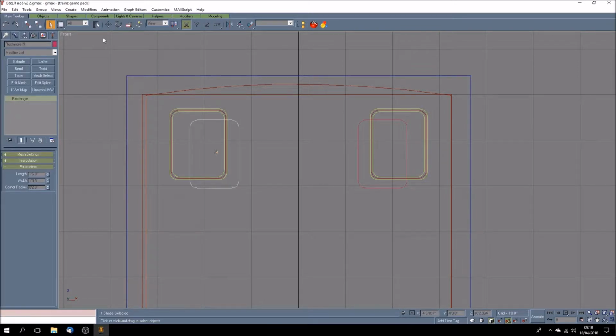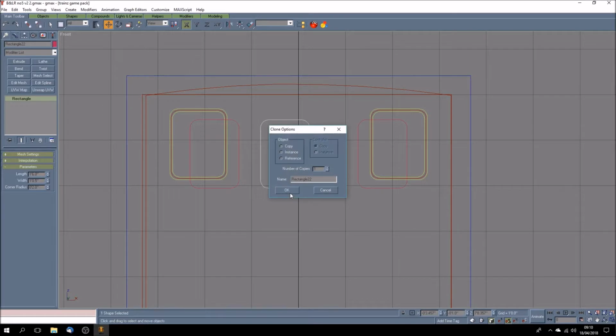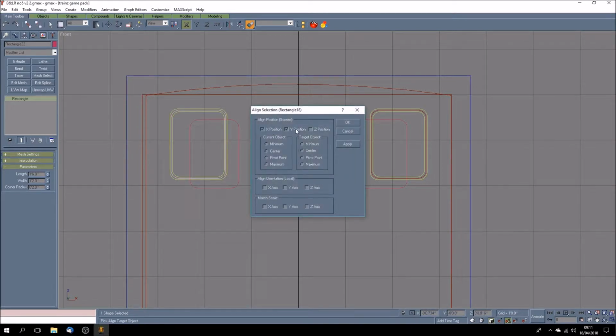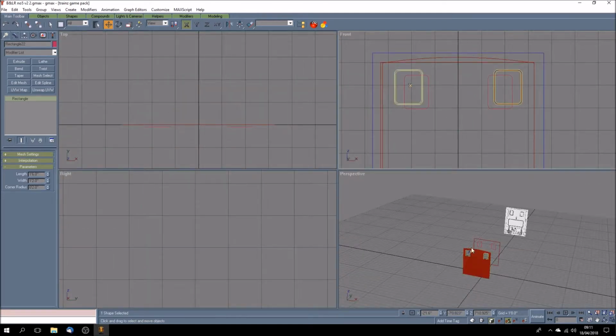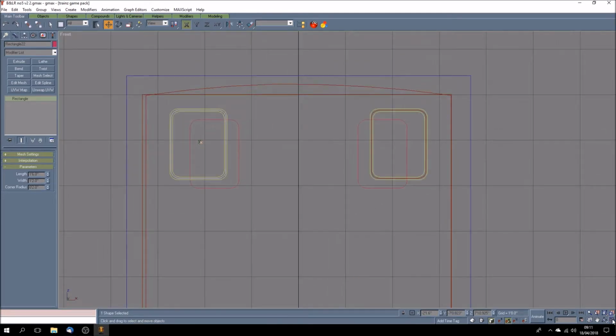So I'm going to take a clone of this one. I'm duplicating a lot of work here, which I should have sorted beforehand. And this should be 1'2". Yeah. And what I'm going to do is position it using this. And that should have brought it forward. Yeah, so it's in amongst there. Okay, and then I'm going to